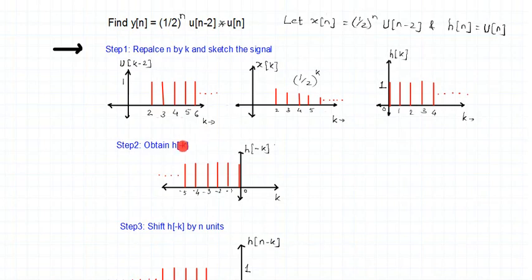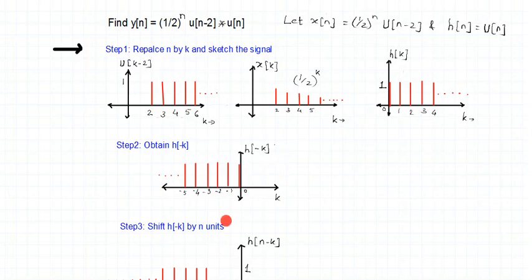Let us proceed to step number 2. In step number 2, we are going to obtain h[-k]. As per convolution steps, we need to take the reversal of one of the signals. So let us say we obtain the convolution using h[-k]. h[-k] is the reversal of the h[k] signal with all the samples having magnitude 1, but their position is now folded across the axis. So we have all the samples reversed with magnitudes unchanged. The magnitude remains 1. So this is your time reversed signal.